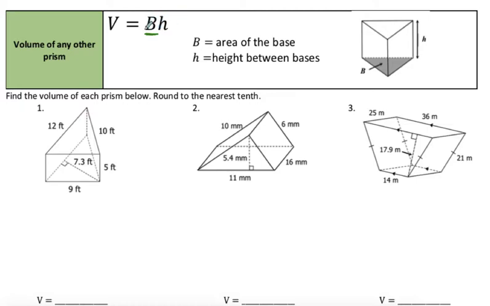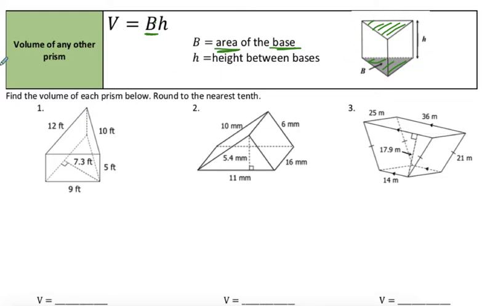And so when we have a capital letter, it's typically an area. So now our base might change. That's why we're just going to use this as the area of that base. Then we multiply times the height between the bases. Whatever this is, we're going to have that many of them going all the way up to the other base. So if I take this base and stack it and stack it and stack it, height number of times,